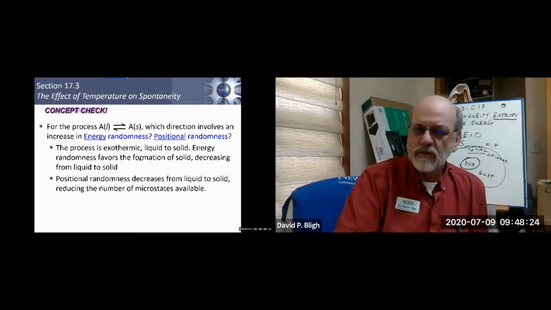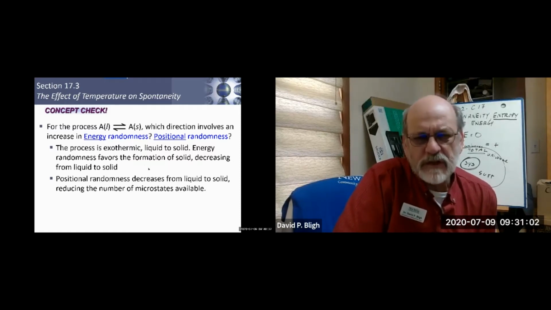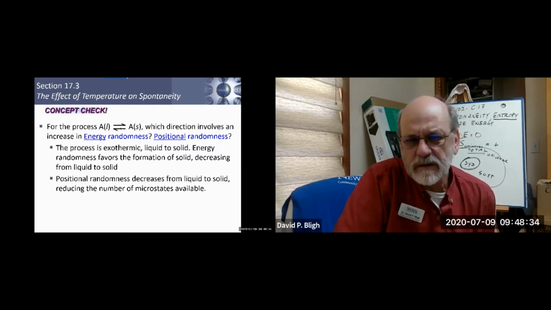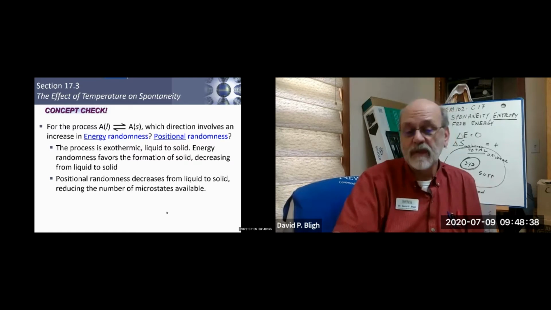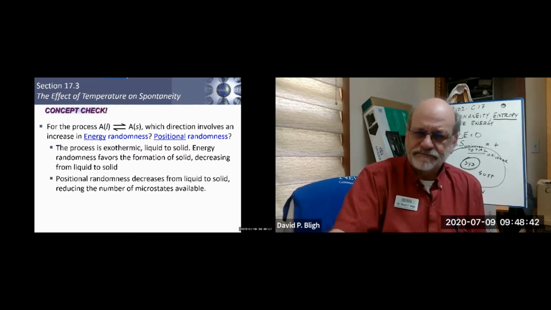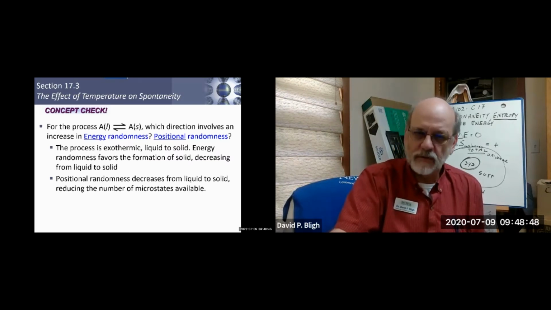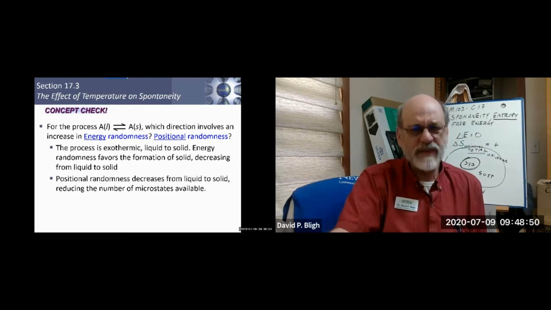Our energy randomness is also decreasing, going from left to right, and our positional randomness is decreasing, going from left to right. So they're both increasing going right to left, and decreasing going left to right. So what does that mean